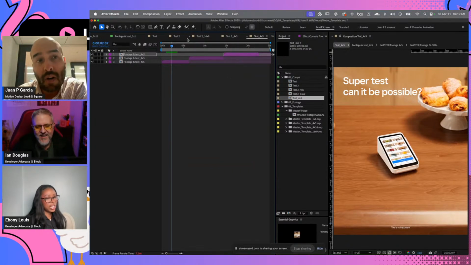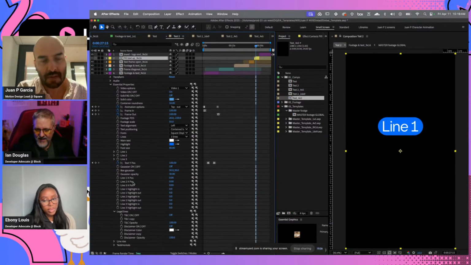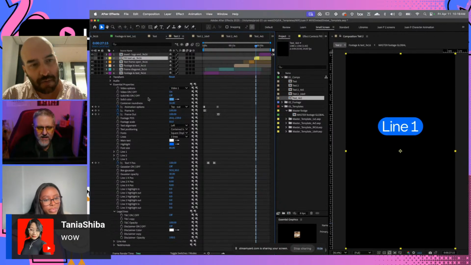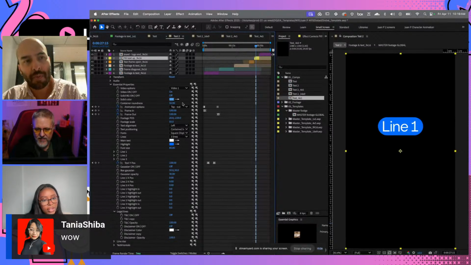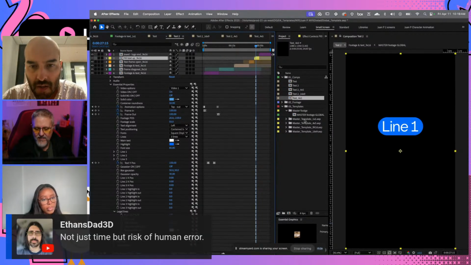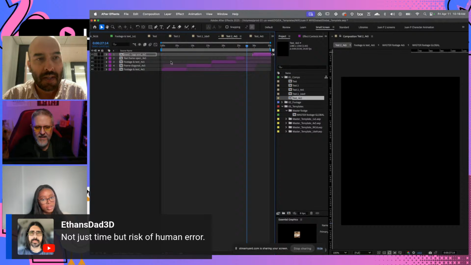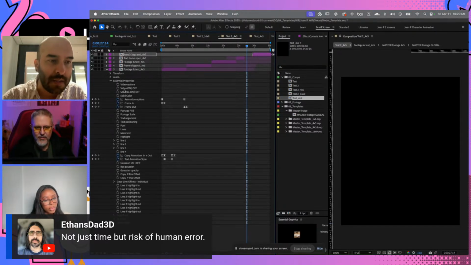Yeah. And how it works is that you have the essential properties here. Those are the ones that we coded with expressions, and the script is reading all of this data, creating a new comp with the other aspect ratio, looking at the templates that are here with the different aspect ratios, placing the same comp that has the same name, and pasting all the data into these essential properties.